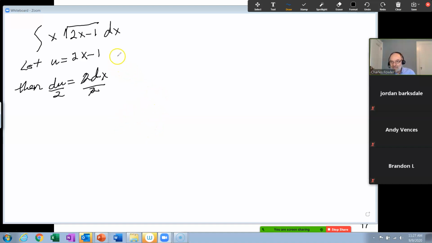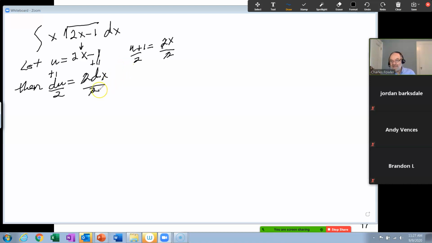You see this up here? Let's take this equation and solve for x. So what we're going to do is add 1 to both sides. Okay, and that will give us u plus 1 is equal to, because these add to 0, 2x. Well, I just want an x there. Okay, so I'm going to divide both sides by 2, and that gives me x is equal to u plus 1 over 2.